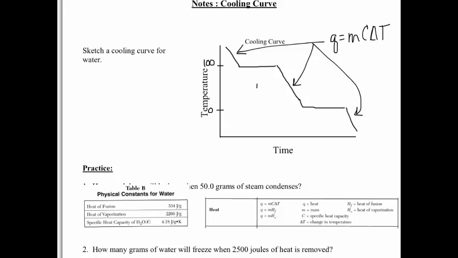The top plateau, the higher plateau, that's the condensation point, since this is a cooling curve. But if you were going in the other direction, that would be the boiling point. It involves a vapor or a gas, so that would involve the heat of vaporization. So the equation we're going to use for that top plateau is Q is equal to